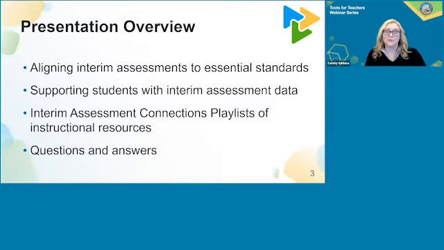And Tamara will talk about how interim assessment blocks connect to groups of instructional resources called Interim Assessment Connections playlists, available in the website Tools for Teachers. We will wrap up this 1-hour webinar with questions and answers.